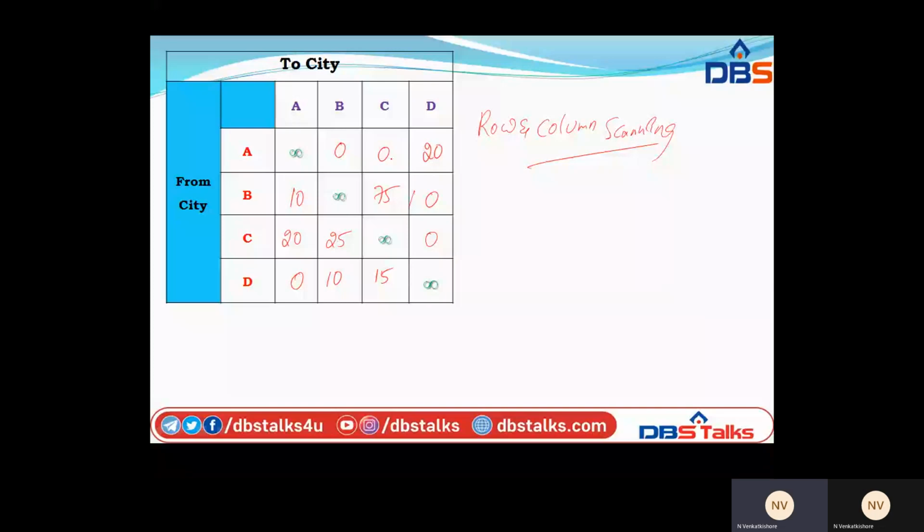So that's why we are making the table like this. Then we are doing the row operation, so eliminate the particular column.